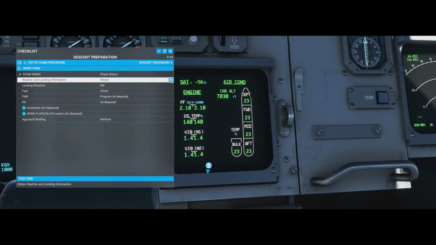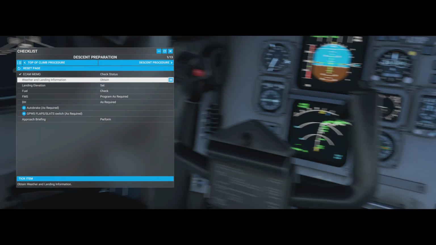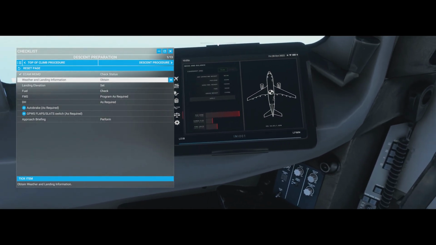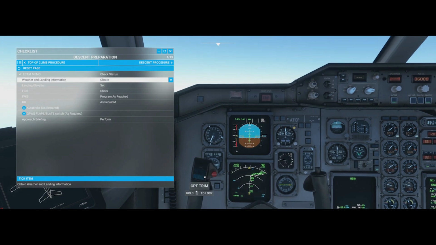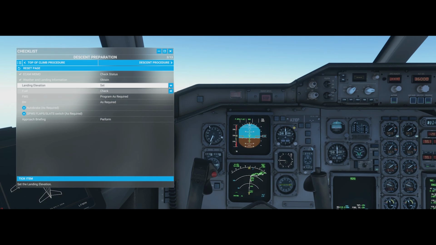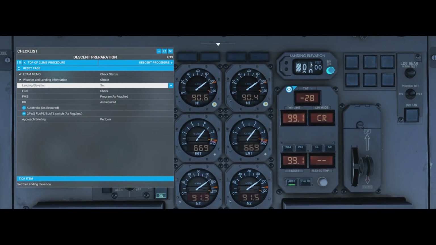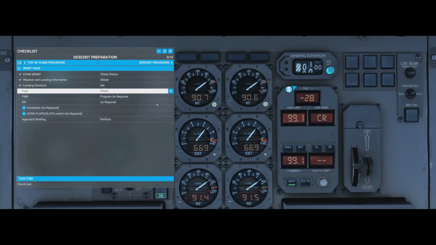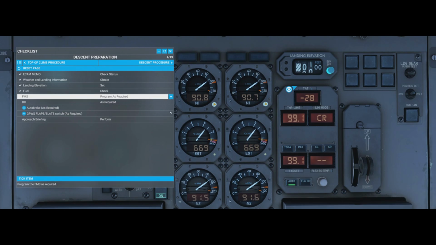Weather and landing information. Now, remember, we said that the weather en route is going to be absolutely fine today. So there's no need to go and try and get the weather for our arrival. We know it's going to be good, but if you were flying in real world weather, this is where you could go onto the VFR map or on the weather and collect the weather from inside the sim. Landing elevation, we've already set it, remember, it's 50 feet, we did that on the ground. Fuel, we know it's good. FMS,